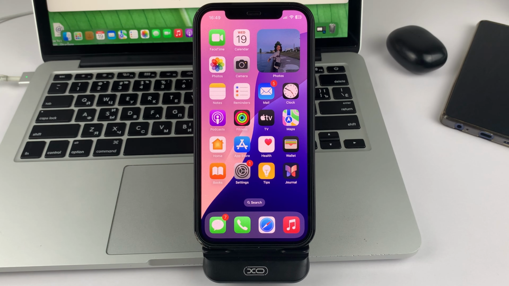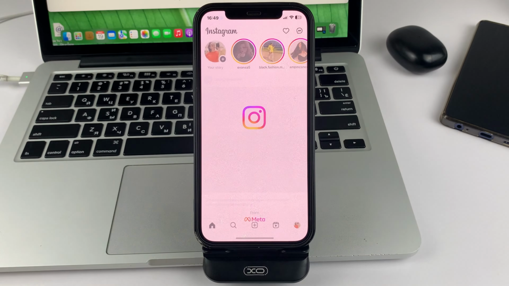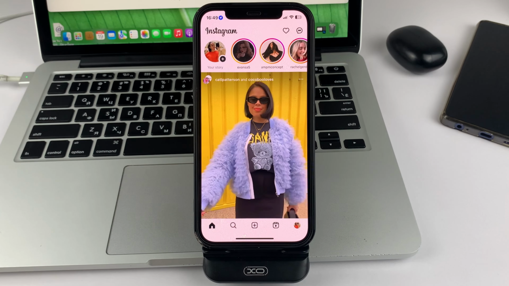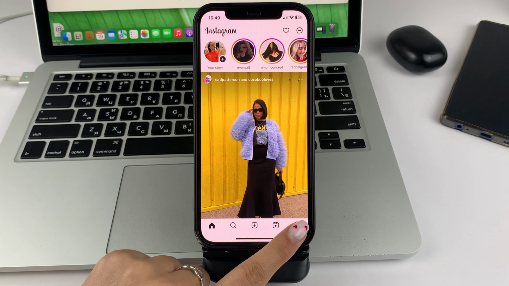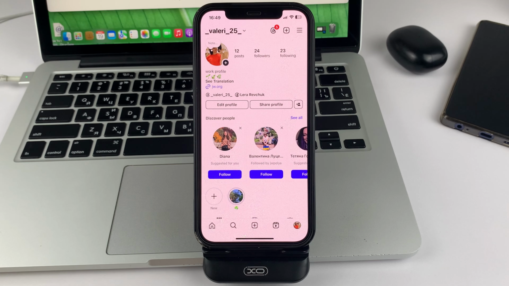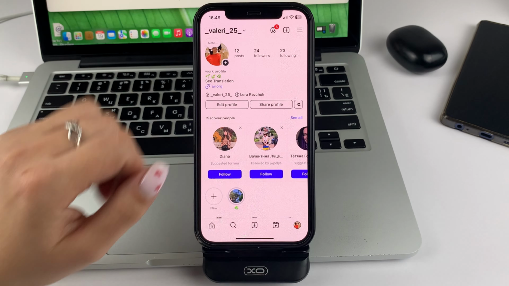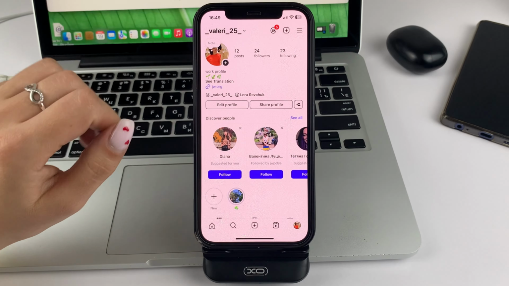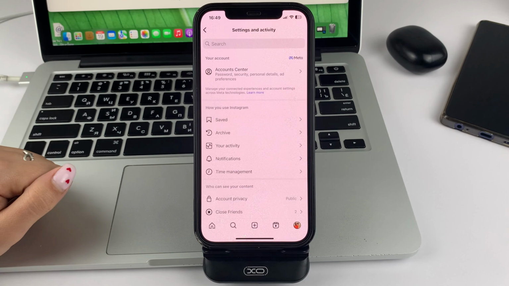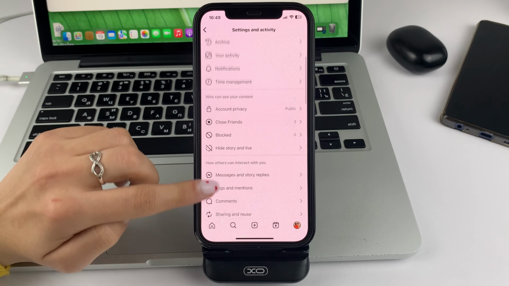Let's get started and open up the Instagram app, please. Next you will need to switch to your account. Here on the top right-hand side, click on the three bars. This will open up your settings and activity. Next, please scroll down to the bottom